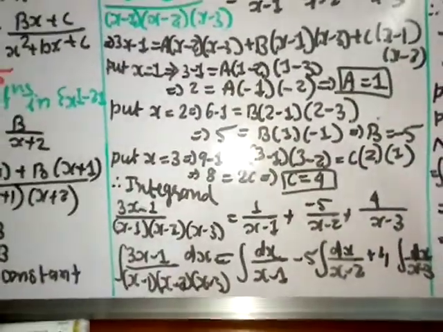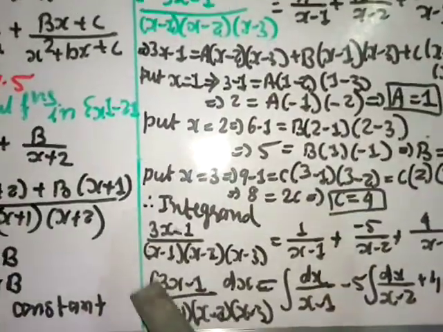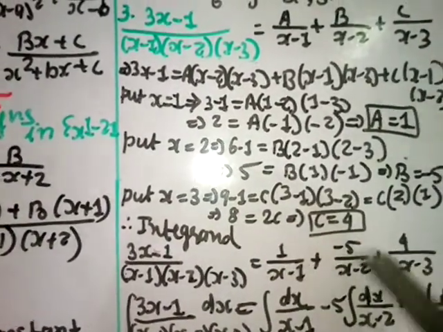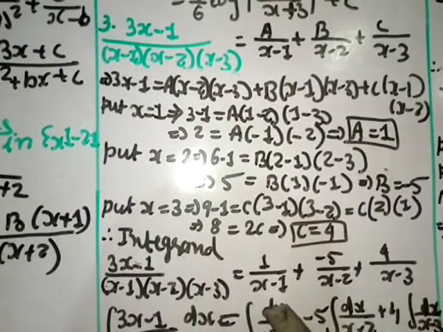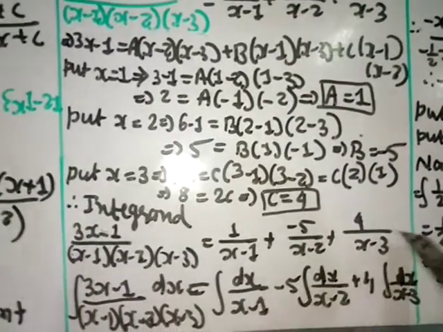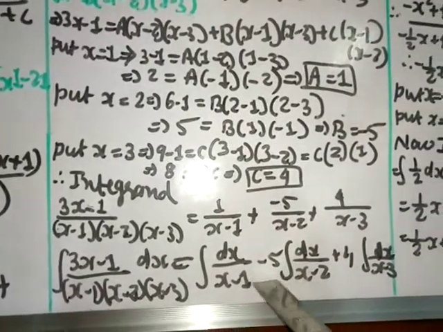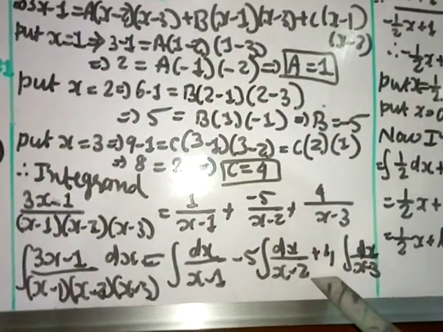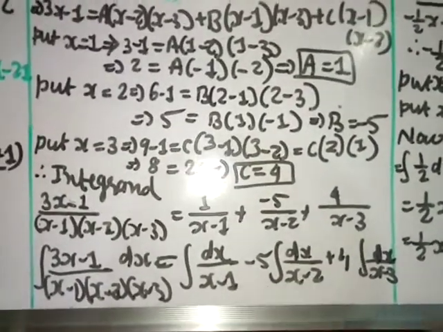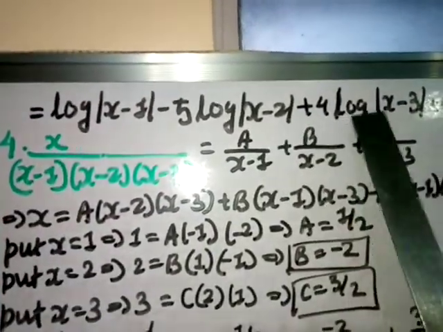Okay, 3 values you have found. Now you take the integrand, this value, and this value, both sides you will take. So (3x minus 1) divided by (x minus 1)(x minus 2)(x minus 3) equal to, by putting the values of a, b and c, a is 1, so 1 by x minus 1, and b is minus 5, so minus 5 by x minus 2, plus c is 4, 4 by x minus 3. Integrate both sides. So here integral dx by x minus 1, minus 5 take out of the integral, dx by x minus 2, 4 take out of the integral dx by x minus 3. This is also 1 by x form, all 3. So it will become log. So we get log(x minus 1) minus 5 log(x minus 2) plus 4 log(x minus 3) plus c.